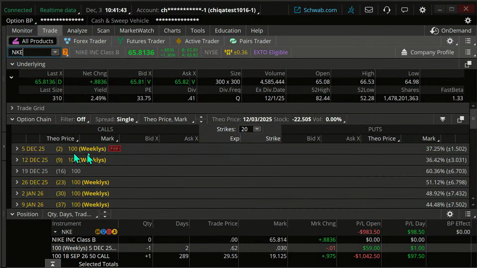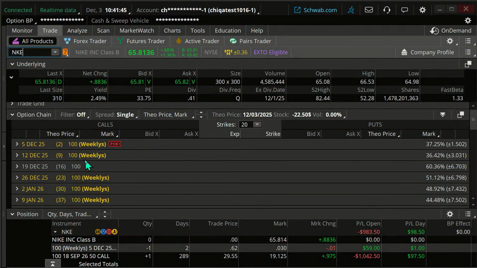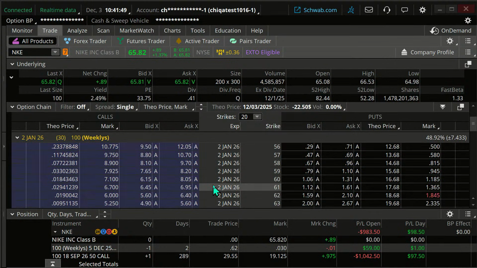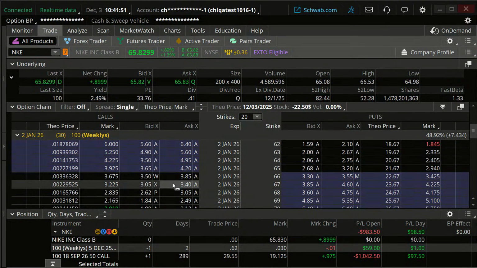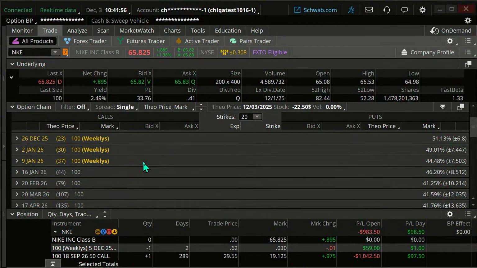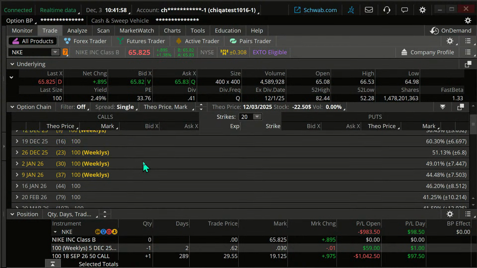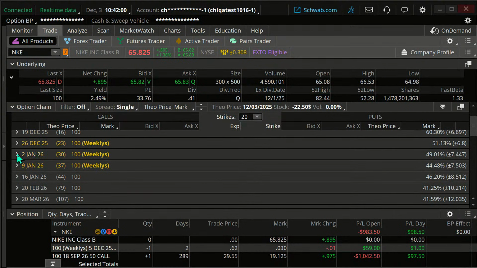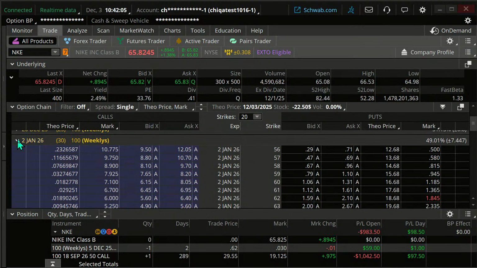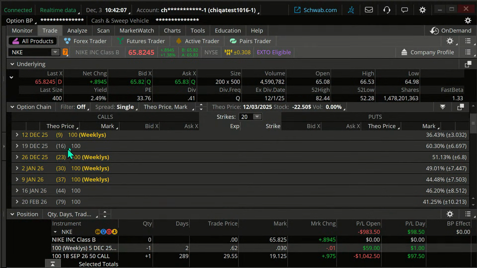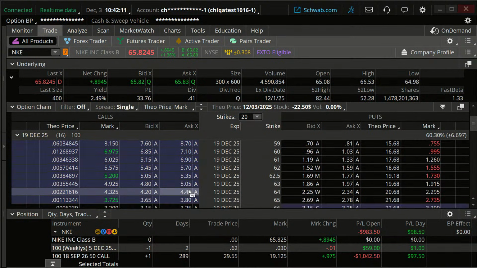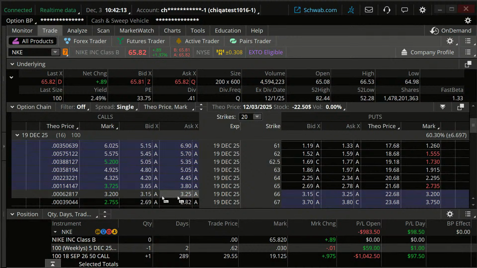Okay. Here's my current position right there. I'm going to roll out about a month. And I'm going to go somewhere up here. Let me go actually. Do I have the... liquidity isn't great on those. Let me just check these. So the liquidity is not great here. I'm going to go to those monthly options. I'm just going to go out 16 days here. We probably get better liquidity on these. Yeah, we're getting much tighter spreads on those.